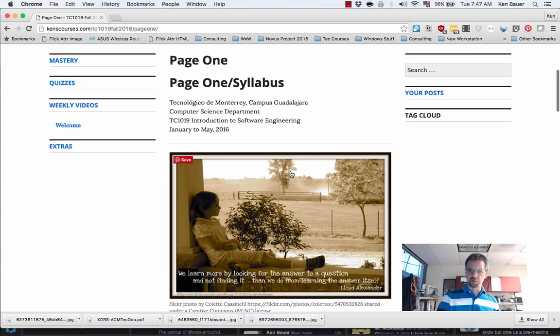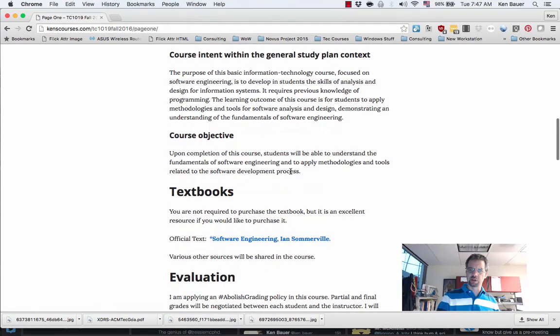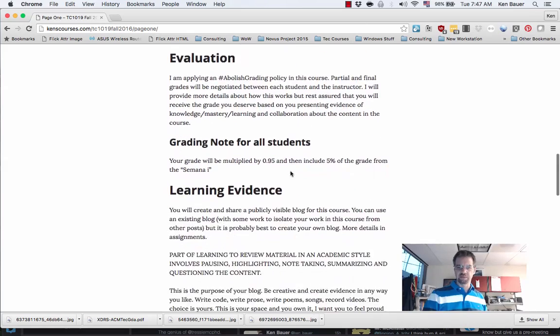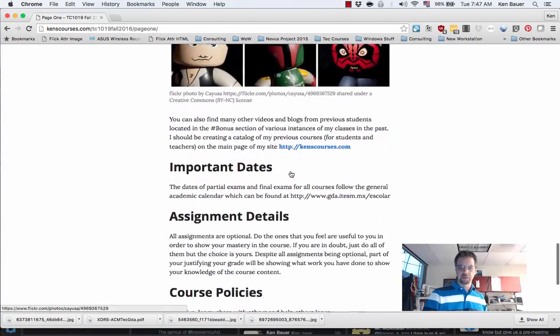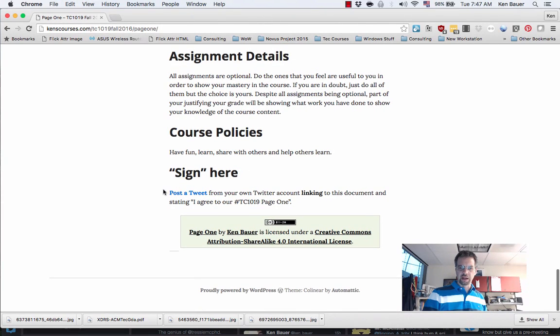As you go through it, it's got some information about the course, the layout of the course. This is our standard setup of telling you what our course is about. Read through that. Got some other information in there. I also ask you to sign this page one to let me know that you've actually seen it, that you've gone over it, and you agree with it. And you should post a tweet.